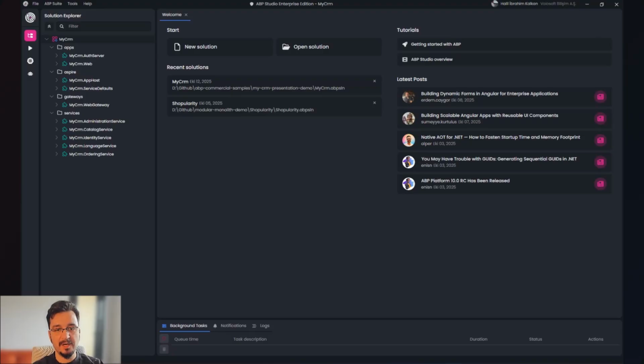You know, in a microservice solution, we have many applications running together, communicating with each other to provide a unified application experience for end users. When it comes to developing such a solution, we have difficulties running the entire system in our local environment to test what we have done, how it works in the whole system, or debugging a service to trace a problem. With ABP Studio Kubernetes integration, it's pretty easy to get the system up and running in a Kubernetes cluster